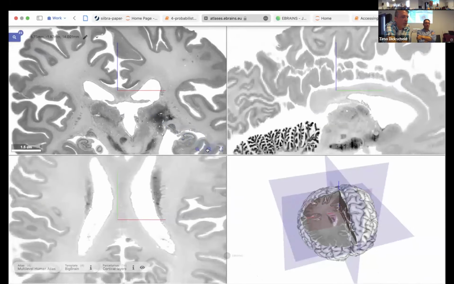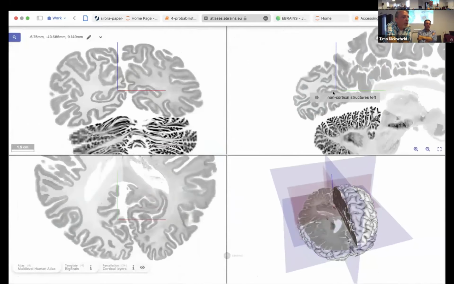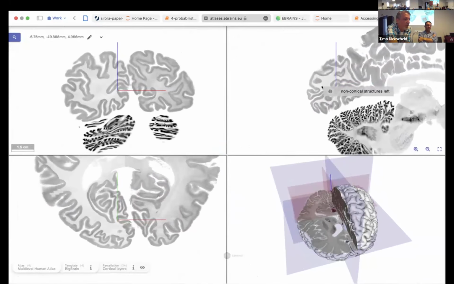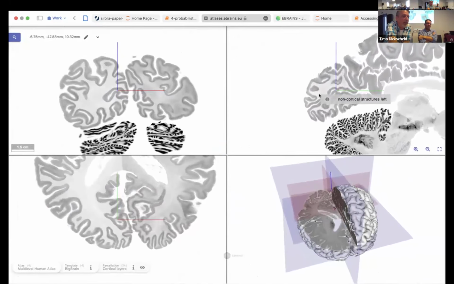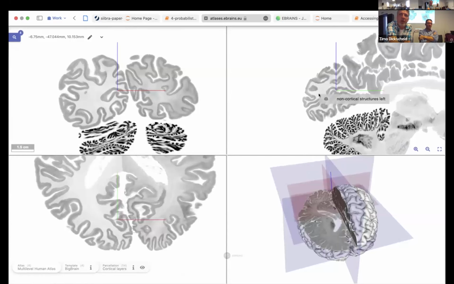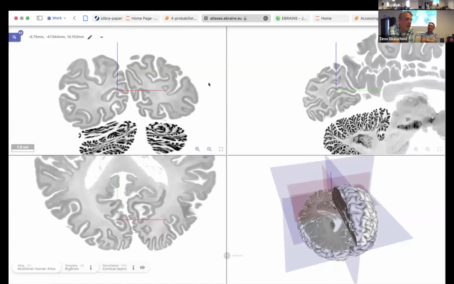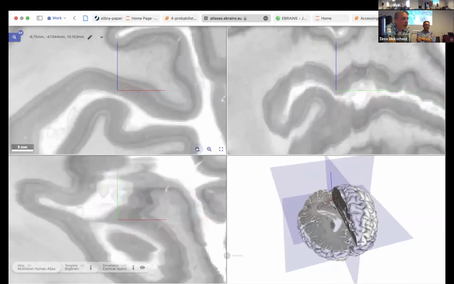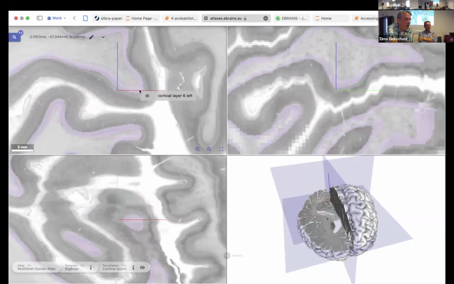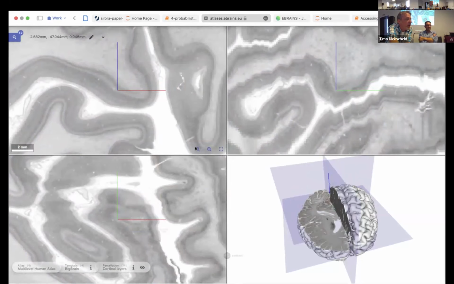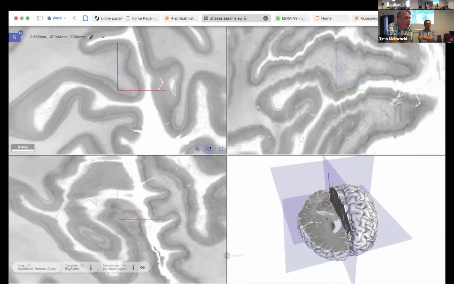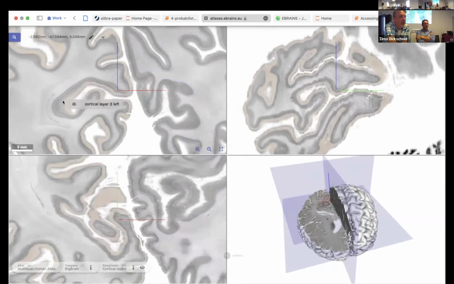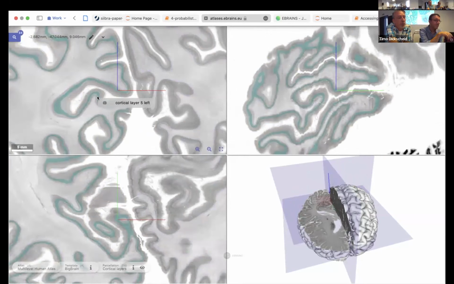Sorry, it's a bit slow here. Okay, what we are currently looking for is the border between V1 and V2, because it's the very beginning. I showed you this one slide where the very obvious border between area V1 and V2 is. And this one can also easily be seen here in the BigBrain. So here we have the calcarine sulcus at the occipital pole of the brain, and